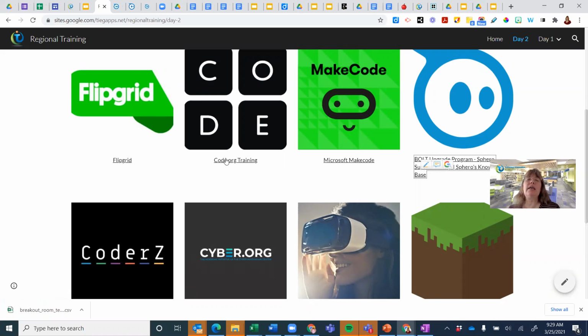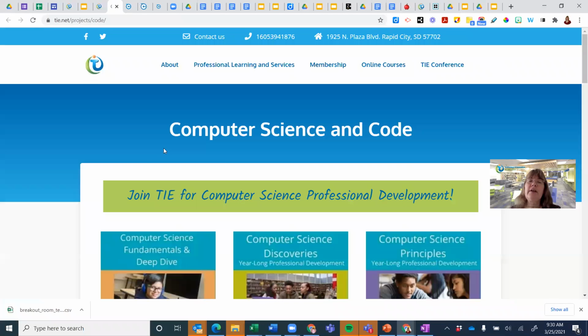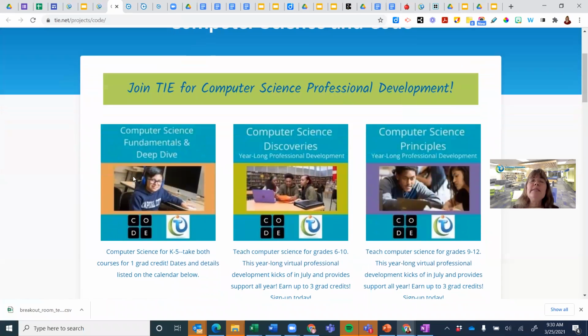So code.org, as you guys probably know, TIE is the code.org regional partner for South Dakota. We do have professional development set up for middle school and high school for the summer. Then we're going to be setting up some computer science fundamentals and a deep dive for elementary school. We're doing everything virtual this year, which I'm actually really excited about, because it allows us to not